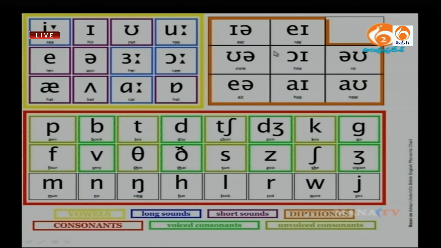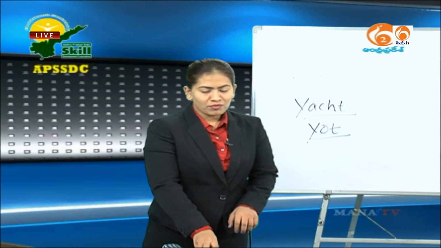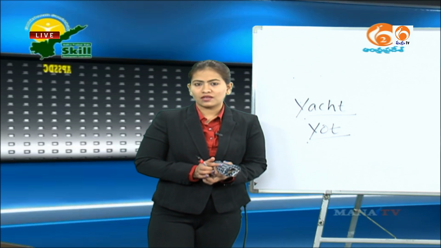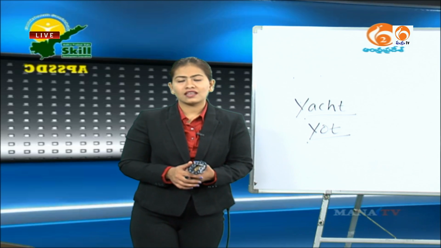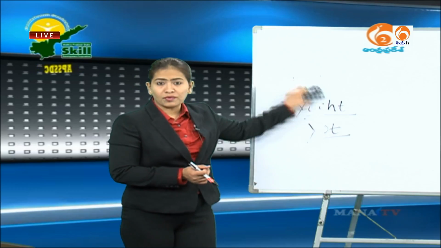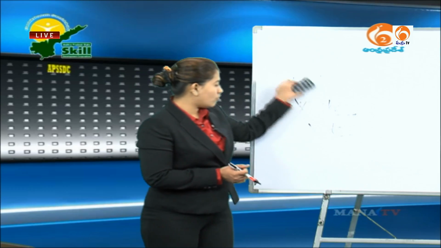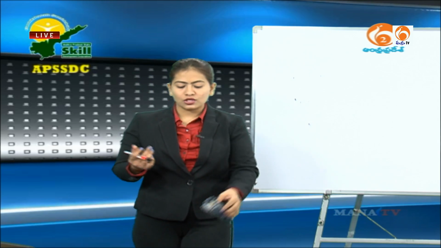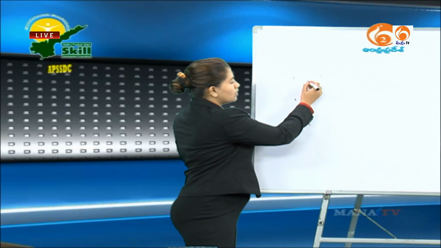Well, I see we are almost towards the end of the session. Let me not start this today, and let me give you some information about how we understand and learn the enunciation technique. So, the moment you have identified the problem sound in the 24 consonant sounds list that we have practiced right now, just identify it. Like I said, the most common sound could be, if you are from a region like Andhra Pradesh, we might have a challenge with this particular sound, which is your j sound.